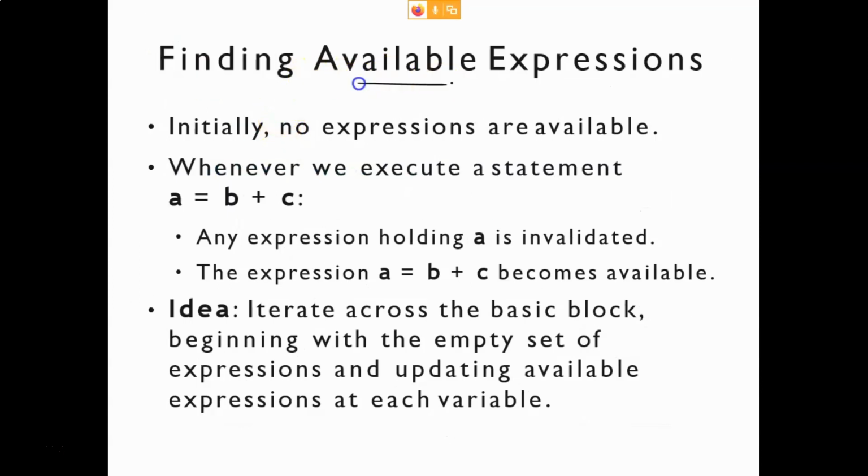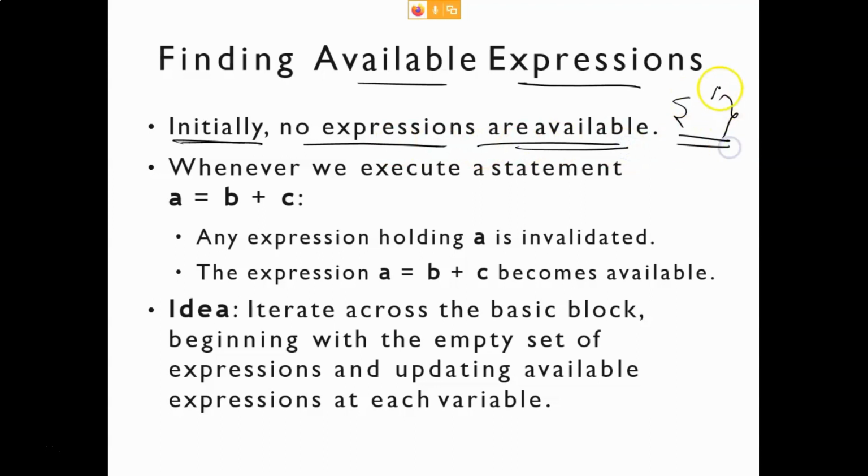Let's see this available expression analysis. In the beginning of the program, there is no available expression. So you can say that initially no expression is available, and the set of available expressions is empty. This is your set of available expressions, and it is empty. Remember, here I am telling you how to do available expression analysis. Once we do this analysis, we can use it to do optimizations like CSE or CP, copy propagation. So initially no expression is available.